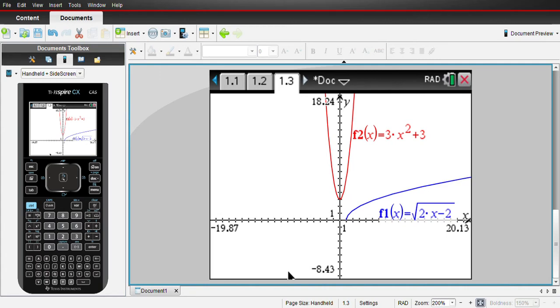G'day everyone, so I'm just going to go over some inverse functions and how to do these just looking on Cas, so as a bit of an example here. So we've got two functions here, we've got 3x squared plus 3 and we've also got the square root of 2x minus 2. So first, if you're trying to find the inverse of a function, it has to be 1